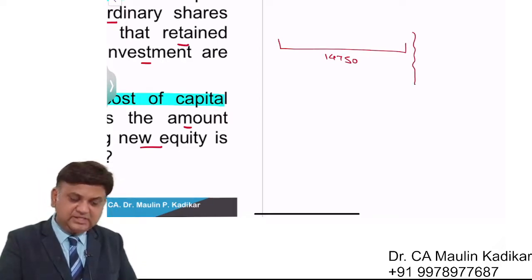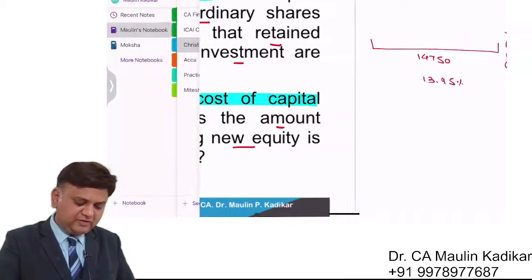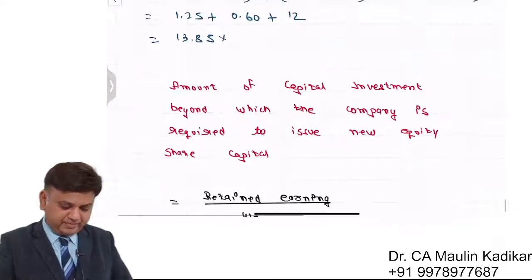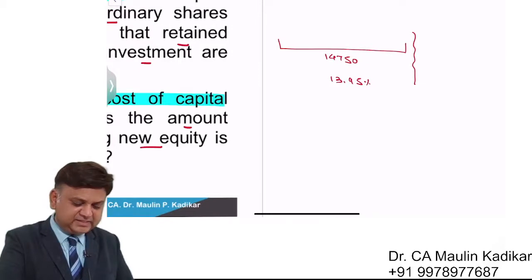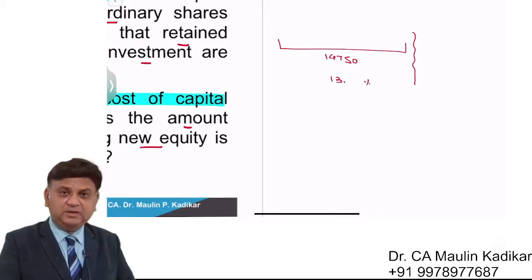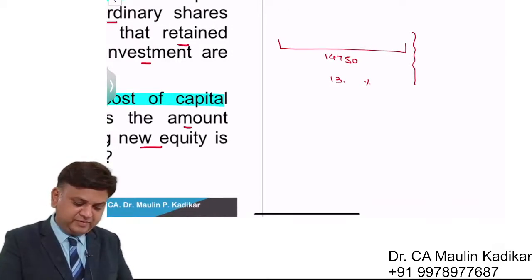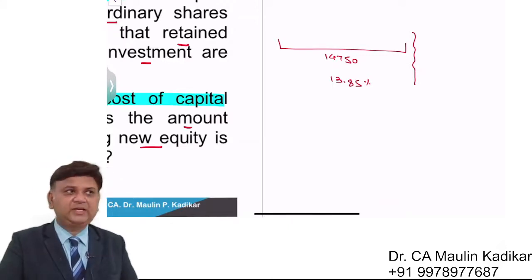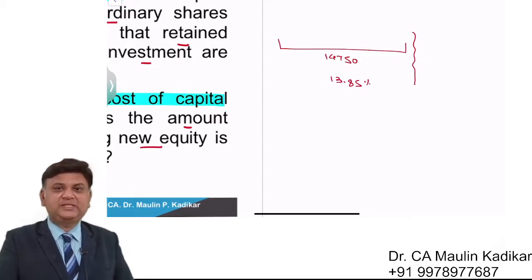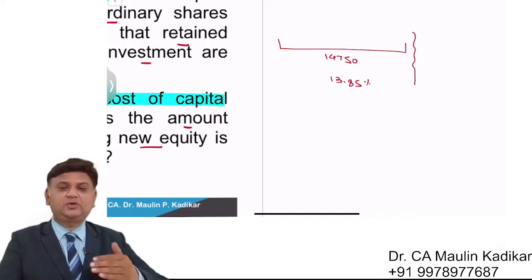Beyond that, till that point of time we have to earn at least at the rate of 13.95%, which we have calculated above, 13.85, I'm sorry. So we have to earn at least at the rate of 13.85% till 14750. Now beyond that, we are supposed to earn at the rate which is supposed to be calculated over here. Once retained earning is exhausted, then in that case you have to make the new issue